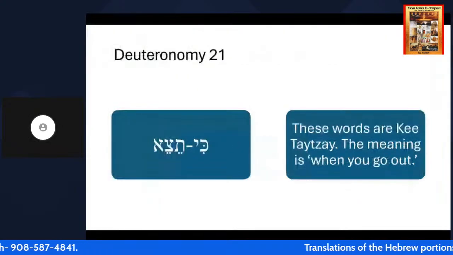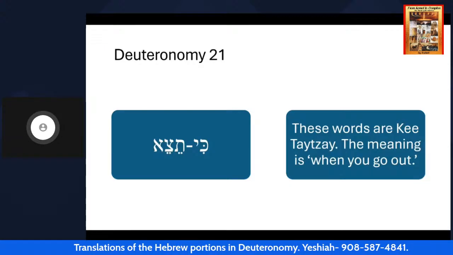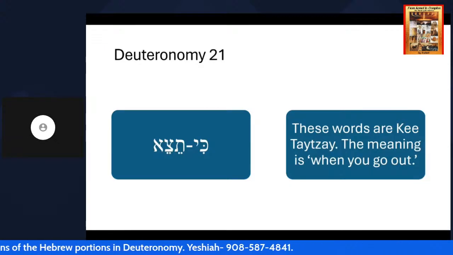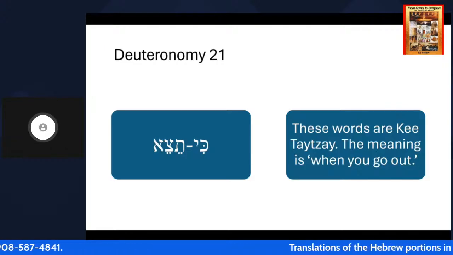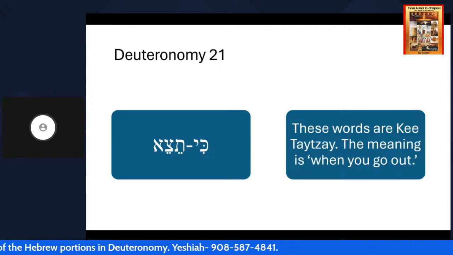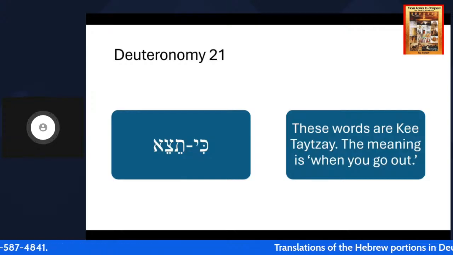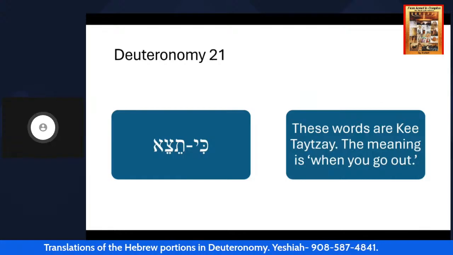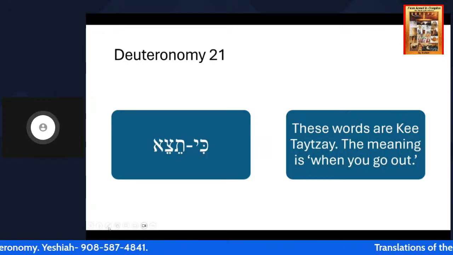The words are ki tetze. The meaning is when you go out. Now let's explain what we're looking at. Ki, remembering that Hebrew is read from right to left, right? Means because or for. Now, this for is not to be confused with the prefix of the letter lamed, meaning to, T-O, or for, F-O-R. This for that we see means because as well. All right? Now, the next word we see there, if we were to, brothers and sisters, go with the laser pointer,